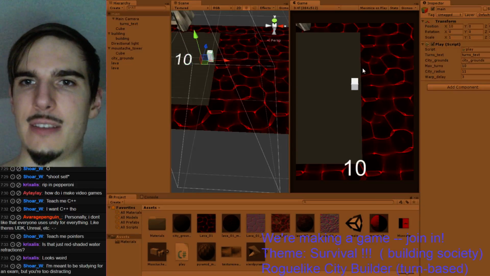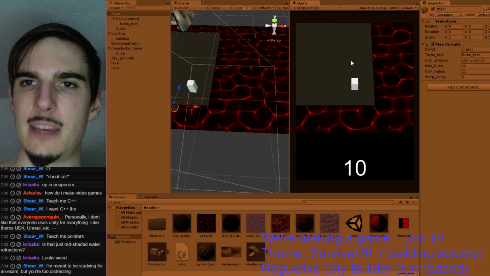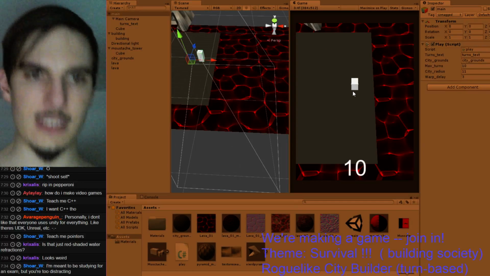Yeah, because now we walk right up to the edge. So like the grid system, yeah, we have a grid system in this game, and actually, it's pretty important too because